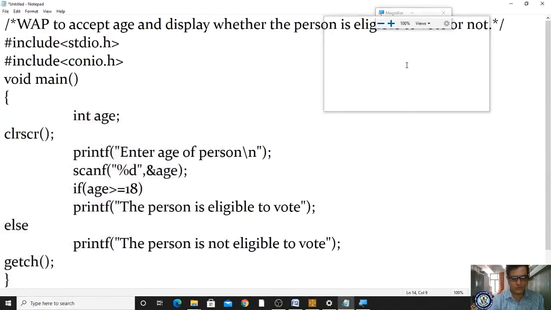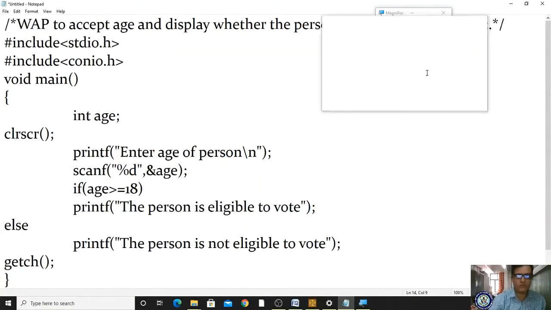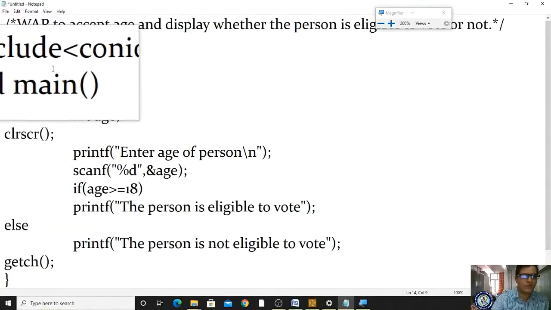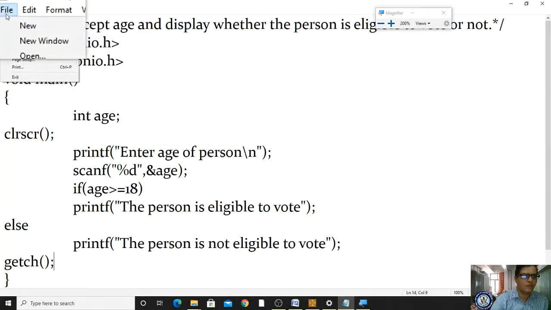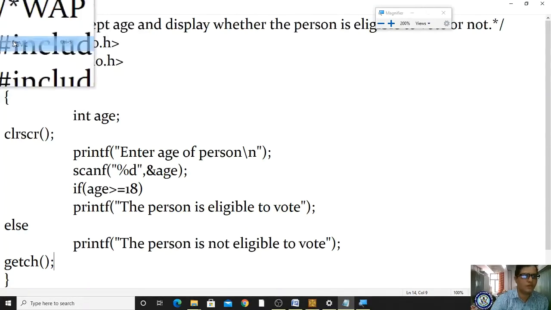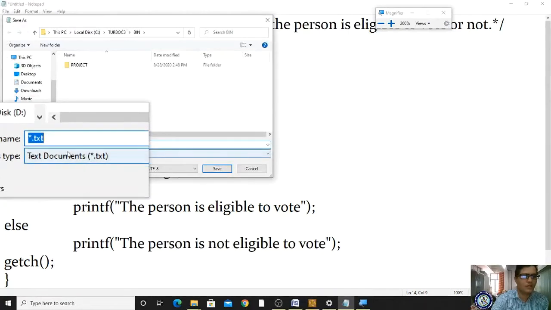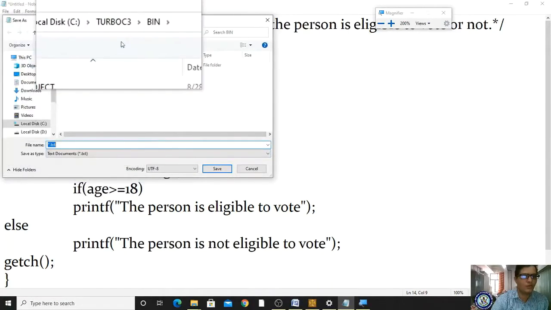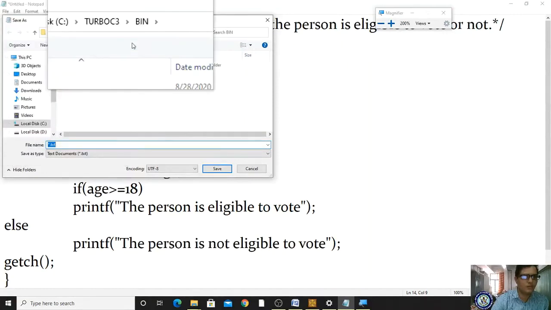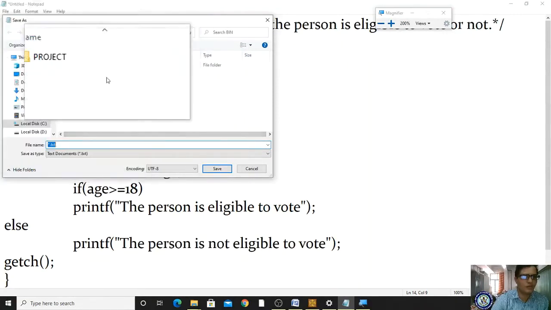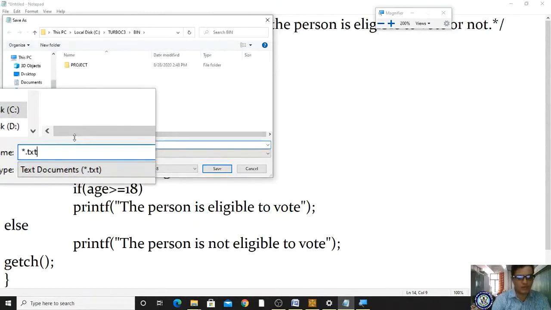While saving, we are moving to the editor, right? In File, you have to click on Save, and while saving, you have to know where you are saving. It is in your C drive, Turbo C3, and bin. In bin, I am saving it as vote.c.